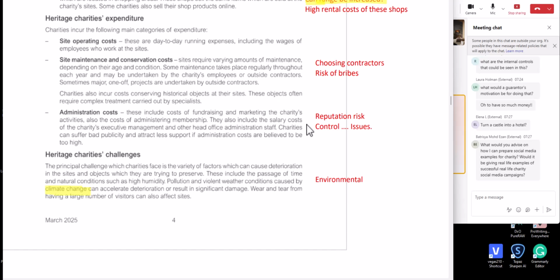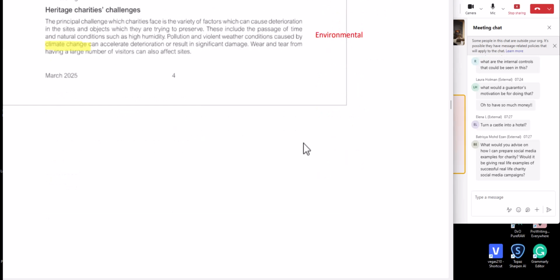So key challenges. We've got a lot of things mentioned about the environment. I think environmental disclosure could be a very important disclosure for the charity, looking at how we are dealing with environmental change. In the first part of the syllabus for SBL, they talk about social and environmental transparency and disclosure. So that definitely could be a route the examiner might wish to go down in the examination.